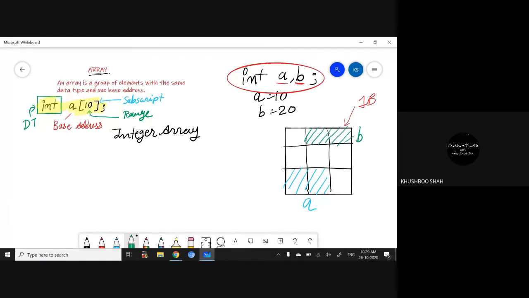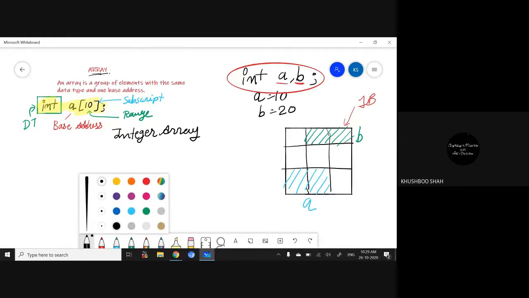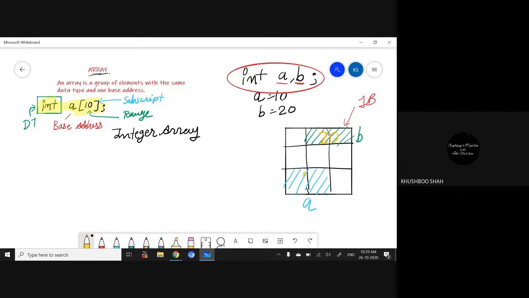So now what will happen? Now I have given the names A and B. So here it will store 20 and here it will store 10. So this is actually my A and this is my B. Understood, everyone? What will happen when we write these statements, guys? Yes. Okay, great. So this is a simple concept when we declare a variable.